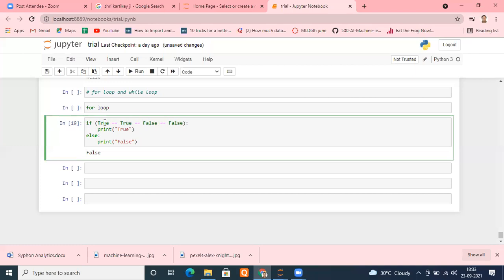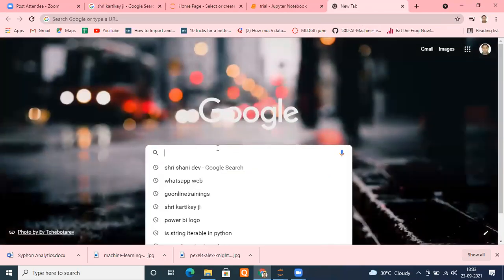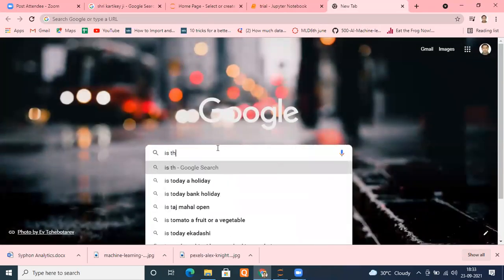Already the binary conditions are here. Yes, sir, we can make it out. These are already evaluated expressions, and we are doing that. Let me check one more thing. We can do one thing if it is available anywhere. Is there any priority? I don't think there is any priority.